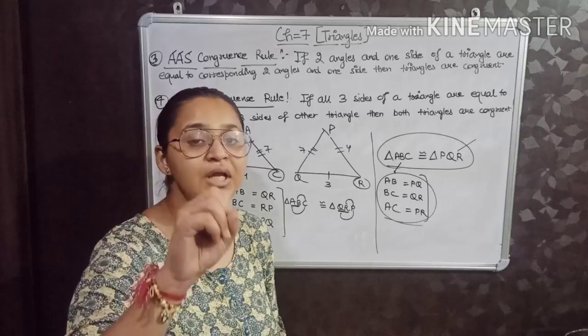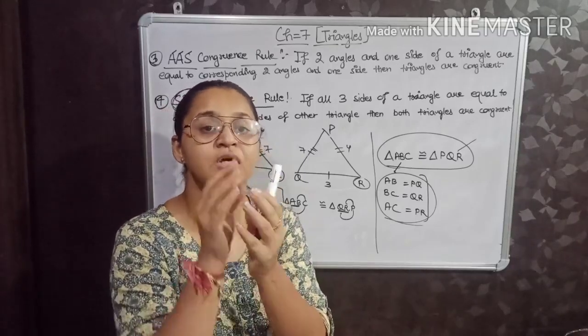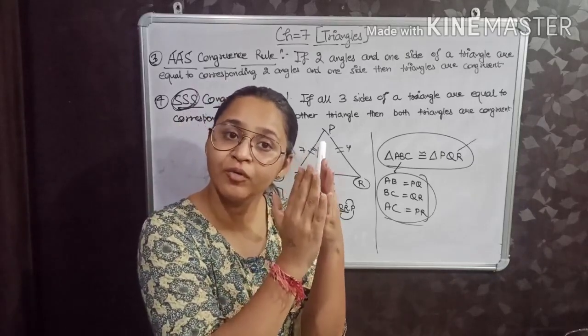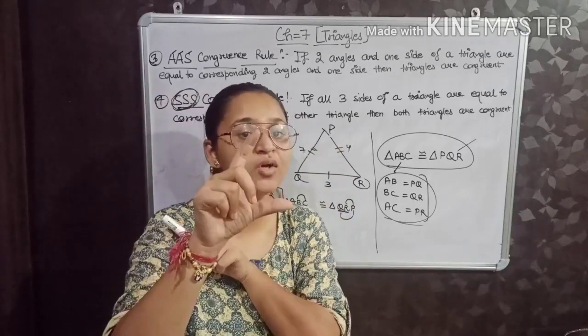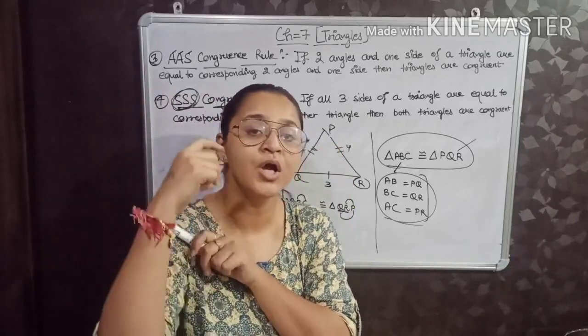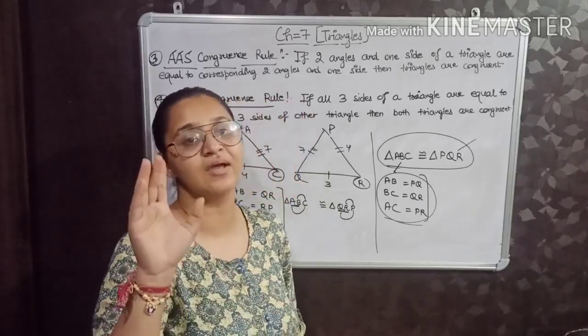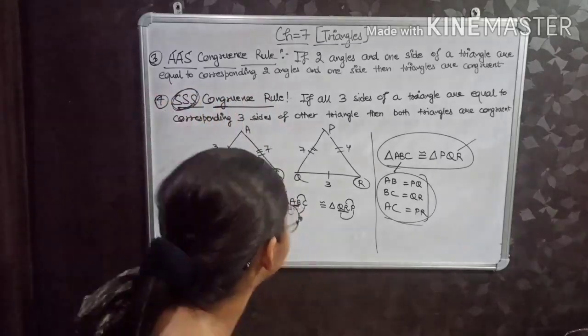That's why it is very important, whenever you have any information, just write the given information, and from that given information just write the name of the triangles. From the given equations, from the given information, you have to write the name of the triangles, then those triangles will be congruent.